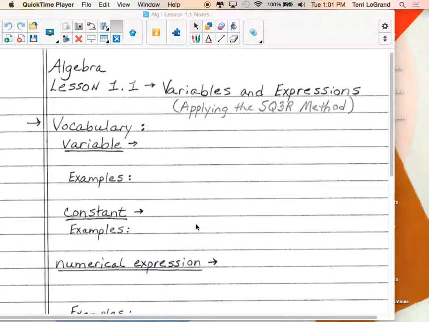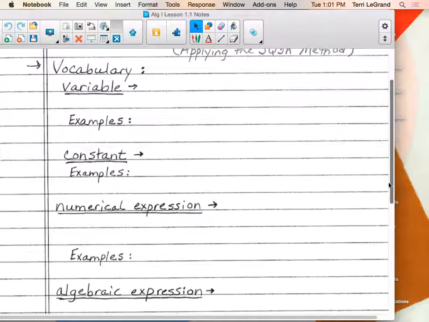So we're going to start with vocabulary. So this is where your book might be helpful to you, or maybe you're pretty good at this. You can just give us a nice definition without the book. What's a variable? What do you think, Haley? It's used when you don't know what a number is. Okay, so what do we use when we don't know what a number is? Like a P or an H. So a letter, right? Yeah, so a letter